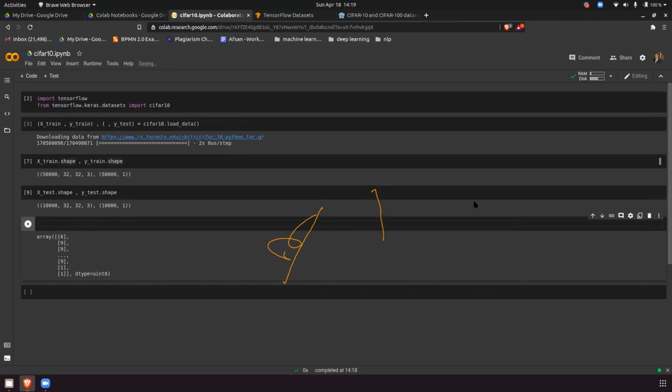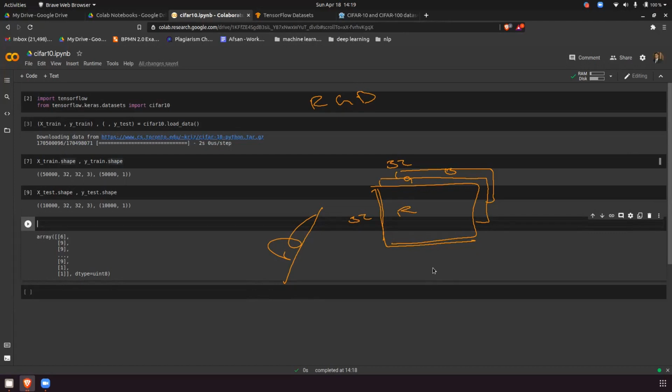So 32 by 32, and I am saying that there is a color channel. Color channel in the sense it is RGB. So 32 by 32 of one, then one more behind that. The first one is R, the second one is G, and the third one is B.